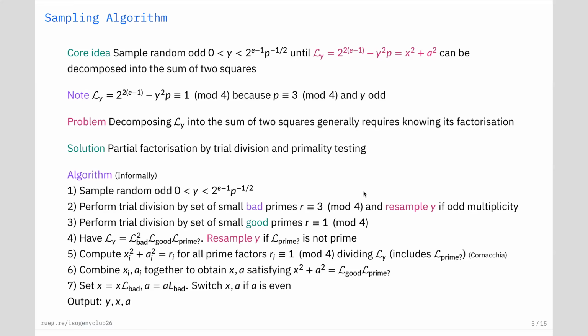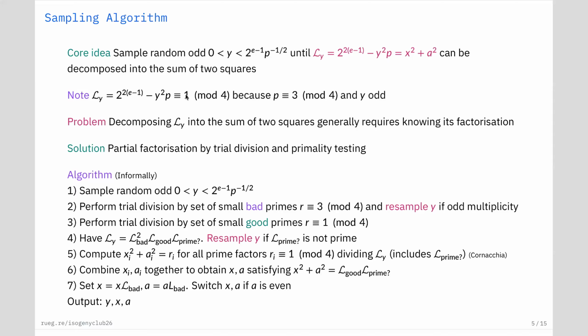The core idea, as is very common in norm equation solving techniques, is to guess one variable and then hope that the rest works out. So we can guess some y, we sample some odd y, and then we try to decompose this quantity here, this Ly, as a sum of two squares. When P is 3 mod 4 and y is odd, we see that this left-hand side is 1 mod 4, which is already a good sign, if we recall that to decompose an integer into the sum of two squares,